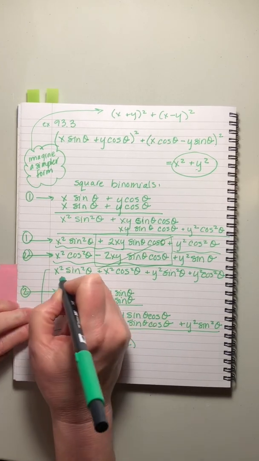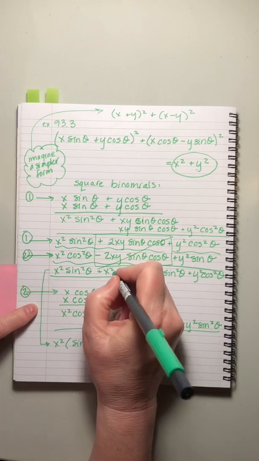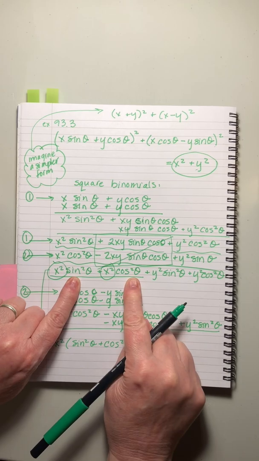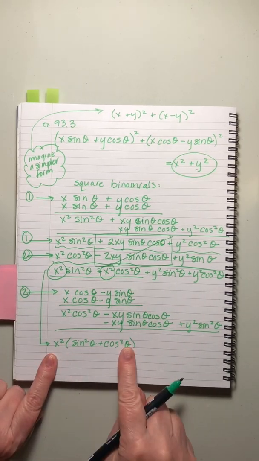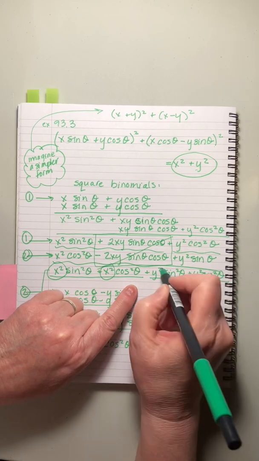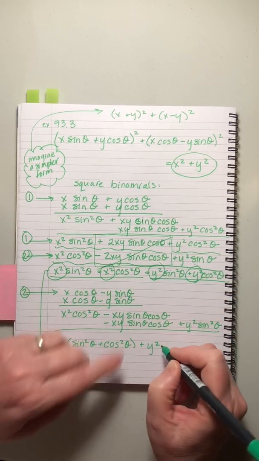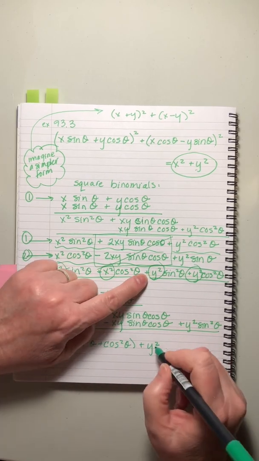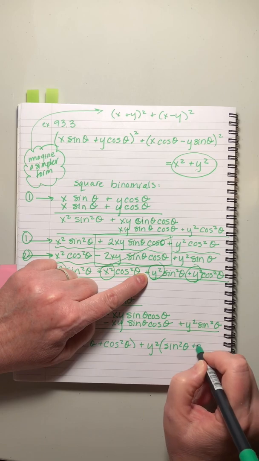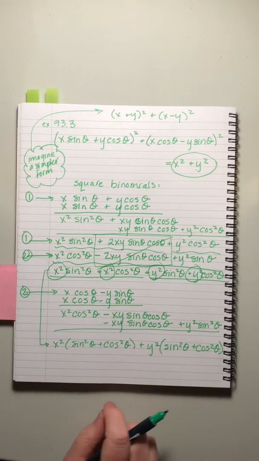Do you see how I did that? Those are the two terms I'm factoring. I pull out the x squared from both of them and I'm left with sine squared theta plus cosine squared theta. There it is. Now I'm going to do the same thing over here. I'm factoring these two together. I'm pulling out the y squared from both of them. It's positive, so that's why I put the plus there. And then this becomes sine squared theta plus cosine squared theta. Now,